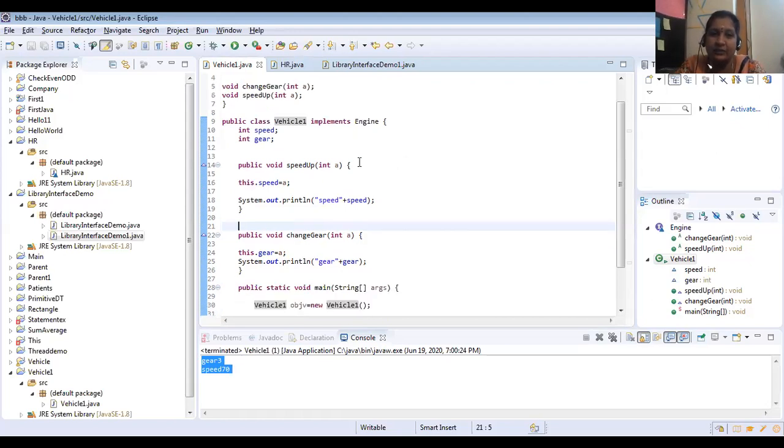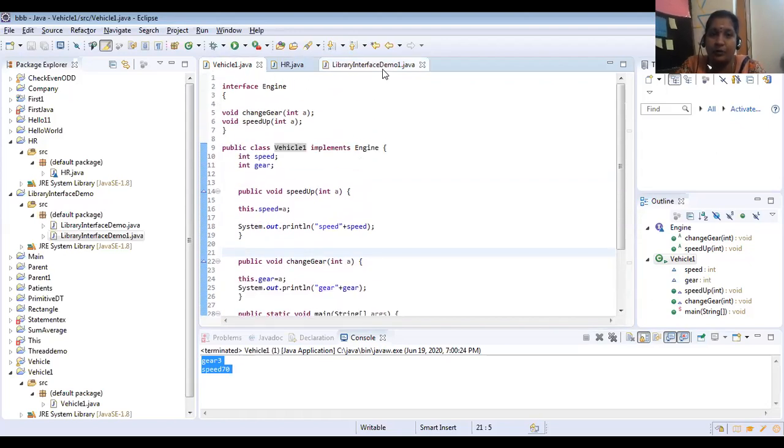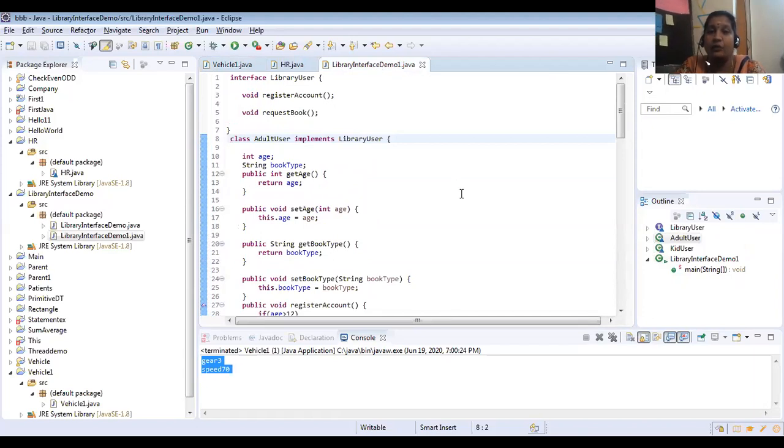Here no need to give the question, but for this program first we have to read the question properly, because sometimes they can ask directly in the exam: explain what is interface, explain interface concept, or illustrate interface concept using a sample Java program. You can write any program, no need of a question. But sometimes they will give you the question and ask you to write the program.